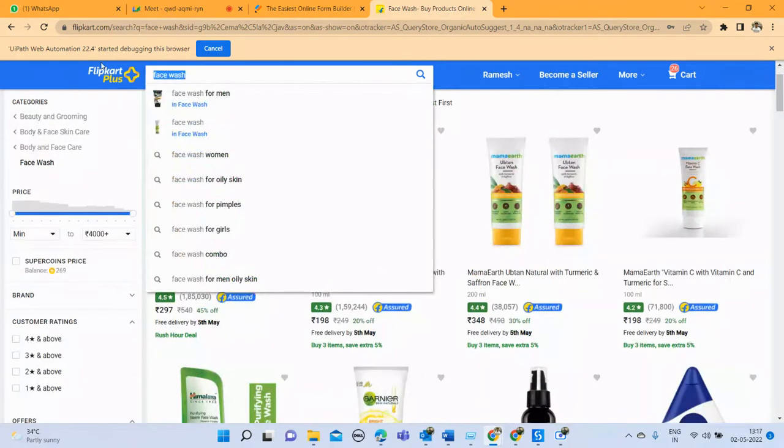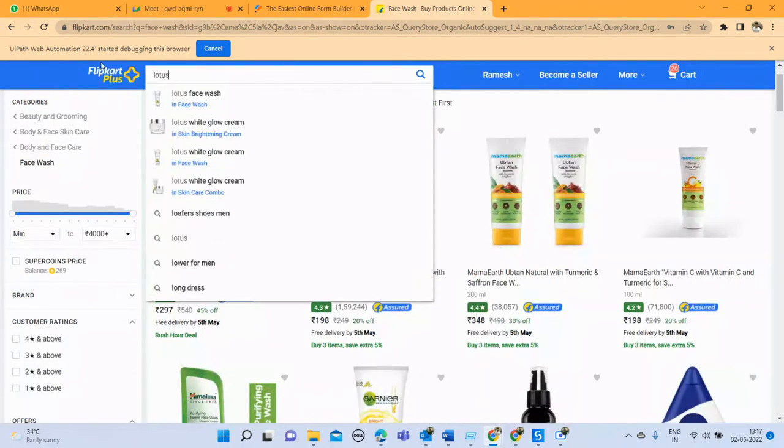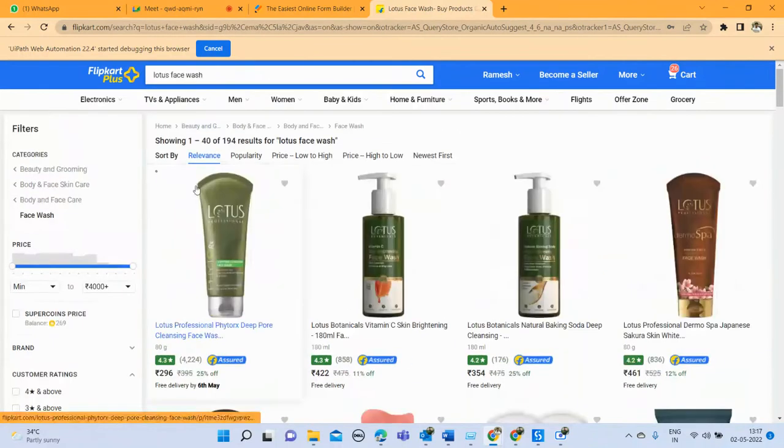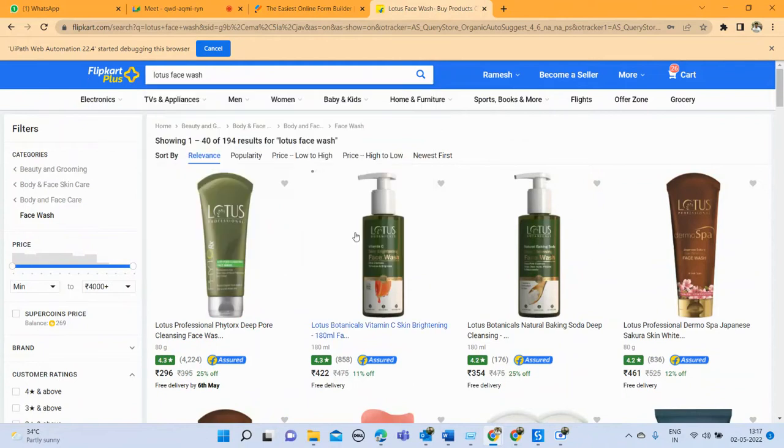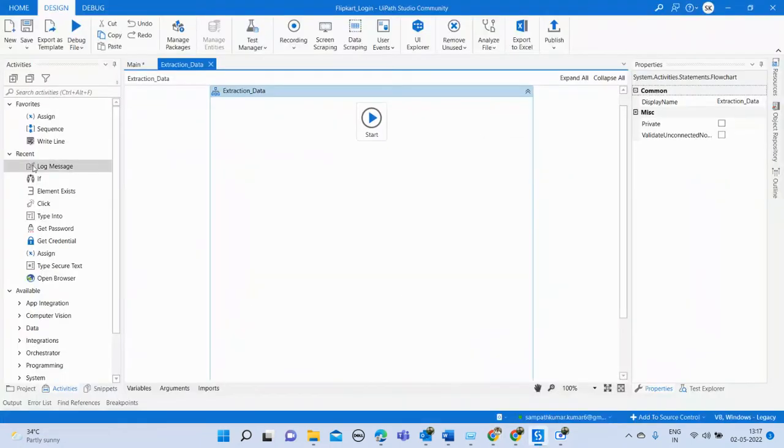ఓకే, లైక్ లోటస్ face wash. Okay, so this is the keyword that you need to enter to extract only the specific brand products కదా. ద సేమ్ నార్మల్ సెర్చ్ ఎలా చేస్తామో అదే విధంగా చేస్తాం, బట్ యూ నీడ్ టు ప్రొవైడ్ ద ప్రాపర్ కీవర్డ్. ఓకే, సో ఇక్కడ నేను ఏం చేస్తానంటే ద సేమ్ వే ఐఎమ్ ట్రైంగ్ టు ఎక్స్ట్రాక్ట్ ది లోటస్ ప్రోడక్ట్. ఓకే, just